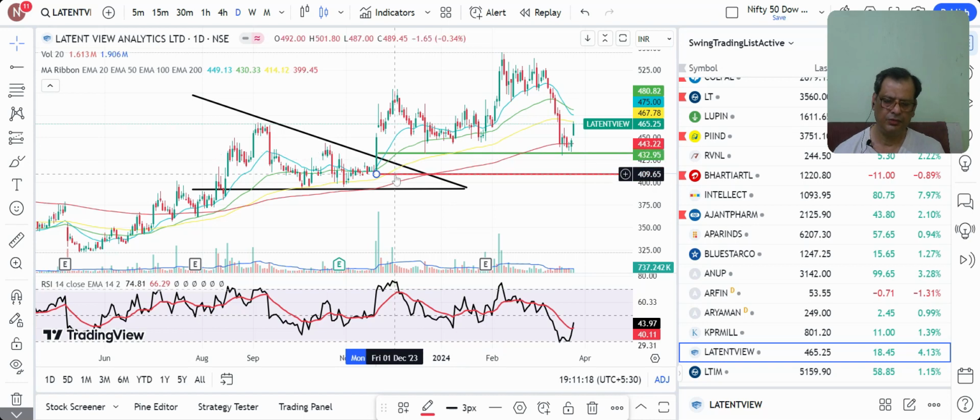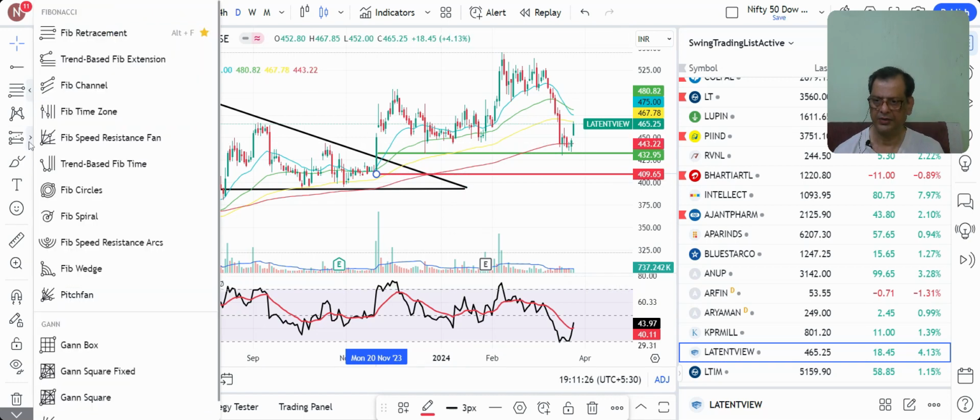Now, you can have a target of 1:2 of your SL, or you can have a target here of